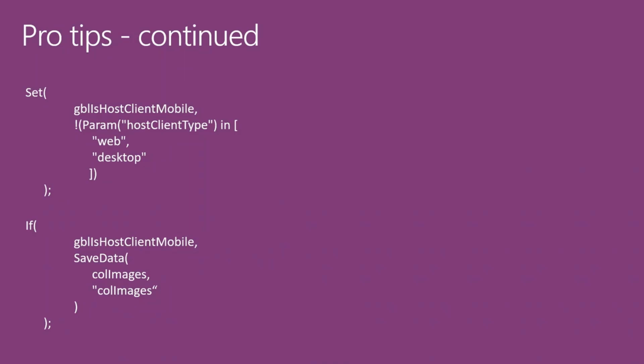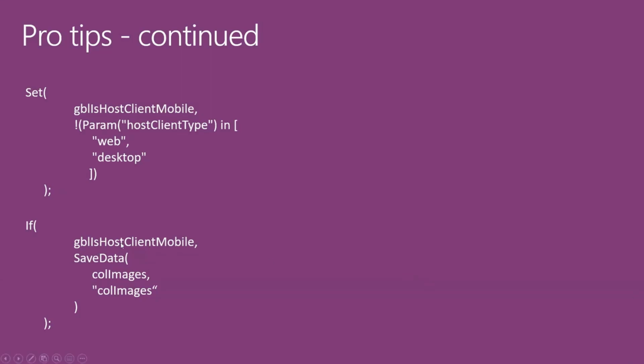So I'm setting a very simple variable, checking for the client type. If it is web or desktop, then I'm setting that variable to false. If it is iOS or Android, I'm setting that to true. Now, after that, wherever I'm storing data, storing my collections into local files using save data, I check for that